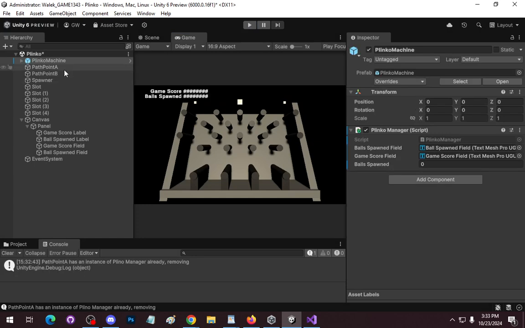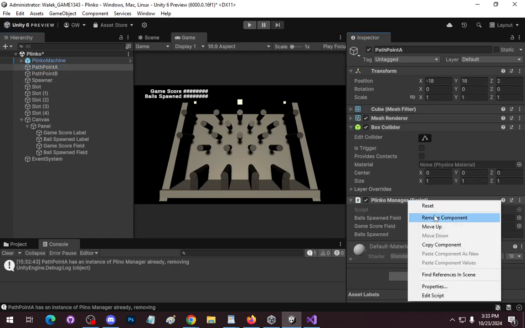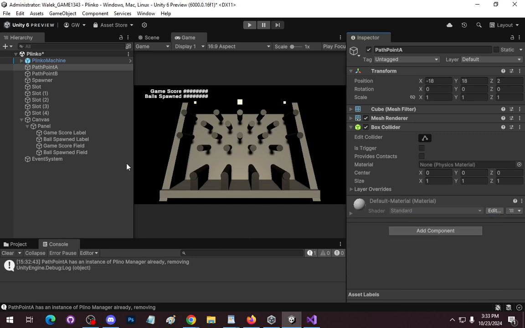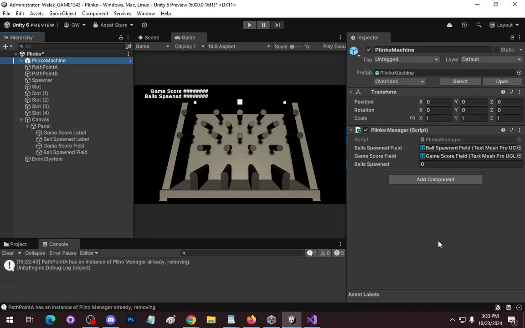All right. I'm actually going to remove this Plinko manager script here because it's not doing anything. And if it was to continue running, it would cause errors. So again, only one instance. This is where it's going to stay. So here we go. Right now, we have established basically a Plinko manager with its HUD doing different things, taking values. All right,